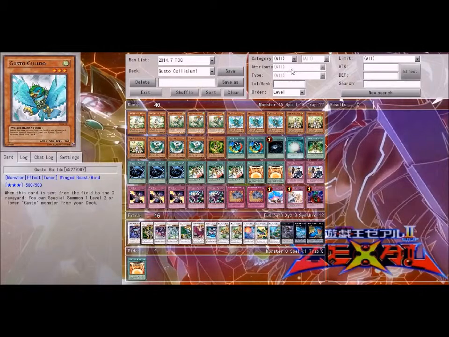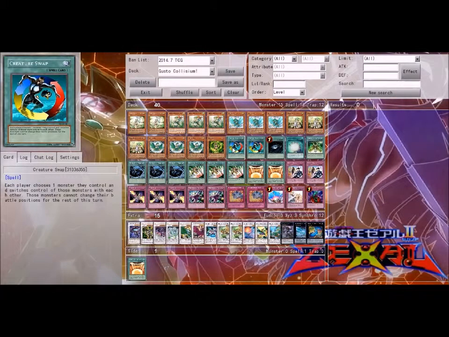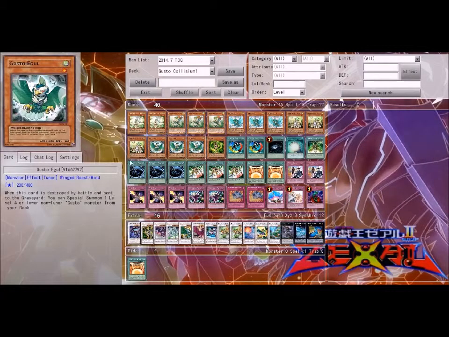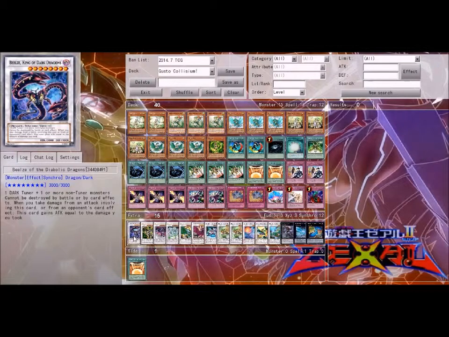And then, for the final monster, I run 1 Karibons. Why do I want to run Karibons? Well, there's this card here. His name's Beals, King of the Dark Dragons. It's not too hard to bring out in this deck. And if you can bring out Beals, you should probably run a Beals. It's just too good of a card. Anyway,